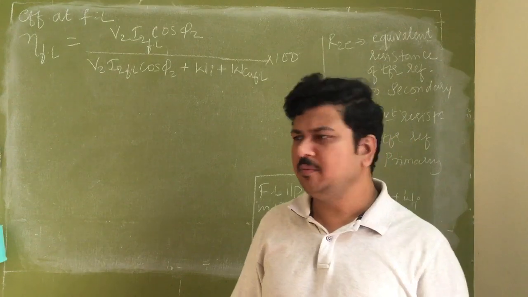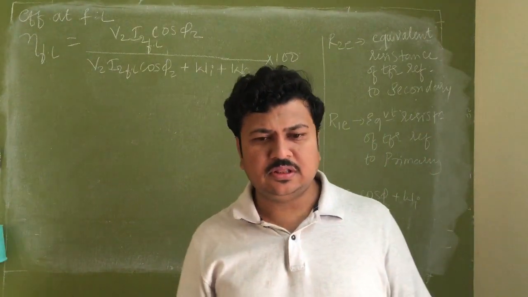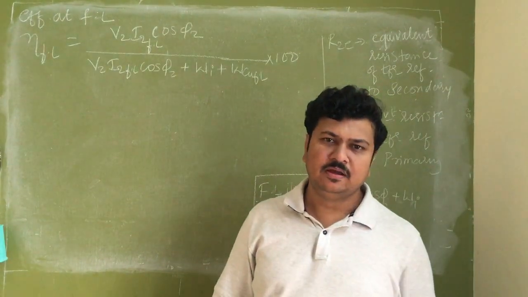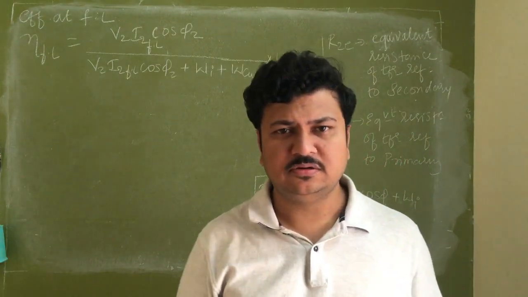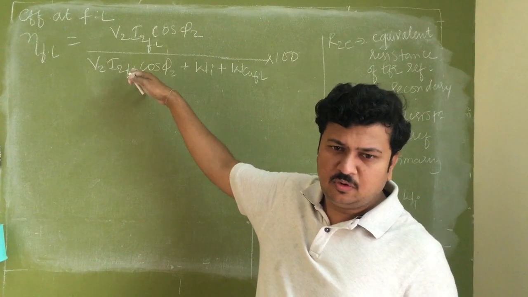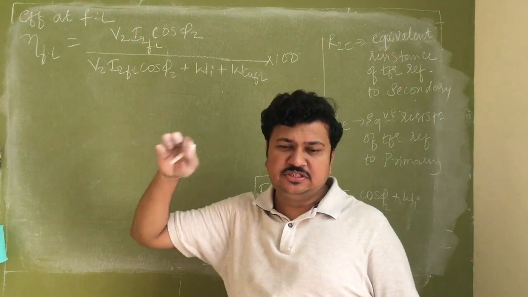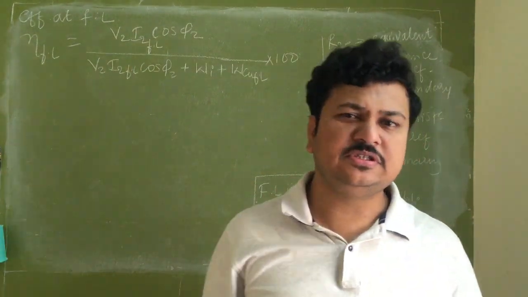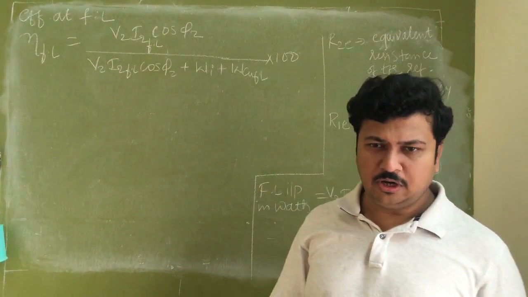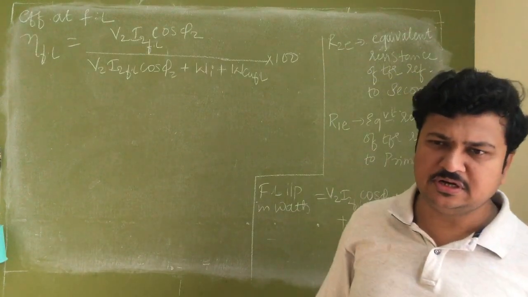Load can be anything. It can be 10% of full load, 20% of full load, 30% of full load, 55% of full load, any percentage of full load. That factor we call the load factor. We will introduce a load factor in this equation. Once the load factor is introduced, the equation becomes the general equation for transformer efficiency. Then I can calculate the efficiency of the transformer at any load condition.